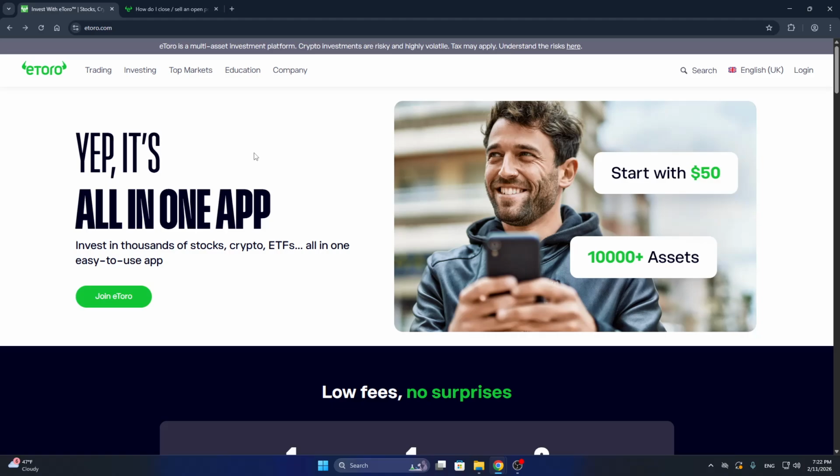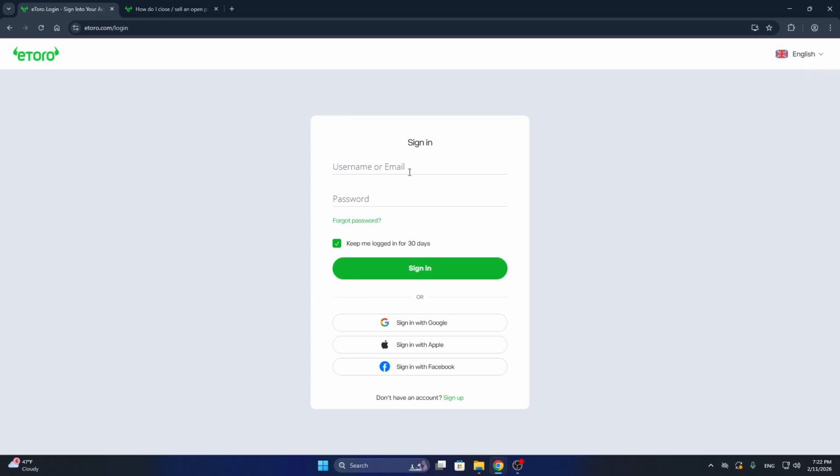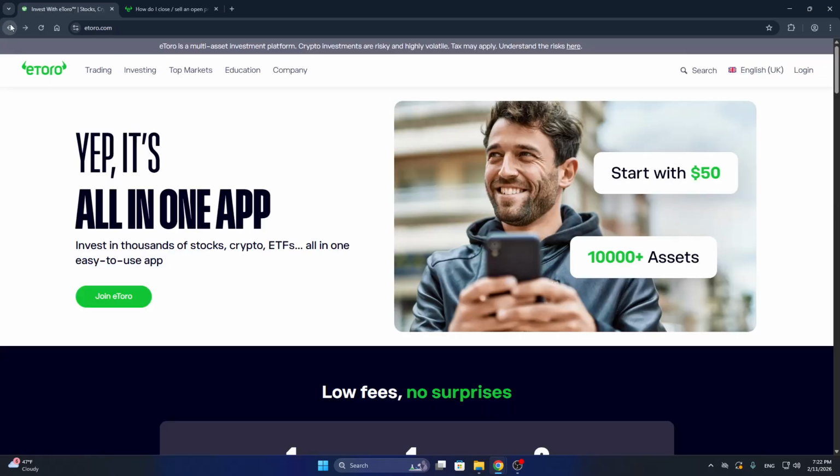So the first thing we want to do is to open up the official eToro website if you're not already, by going to eToro.com right here, and once you open it up it's going to look like this. If you're on your mobile device you can just open up the application and you're going to see the join eToro option that's going to enable you to sign up for an account if you do not already have one. If you have one, just open up the login option right here in the upper right corner, and once you log into your account you're going to be greeted by